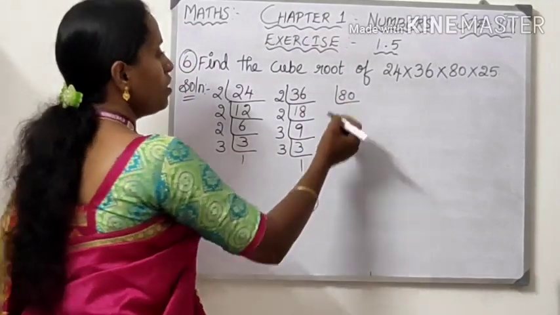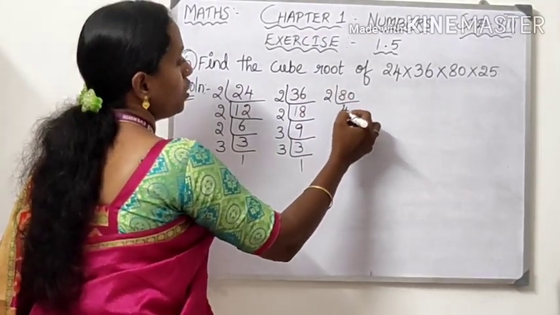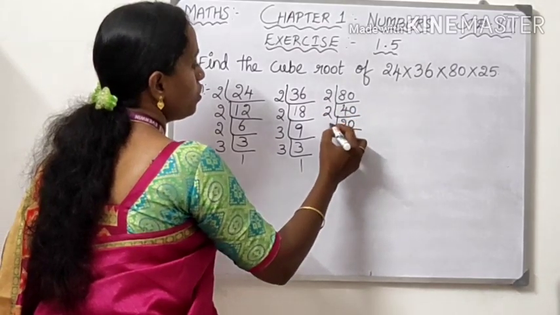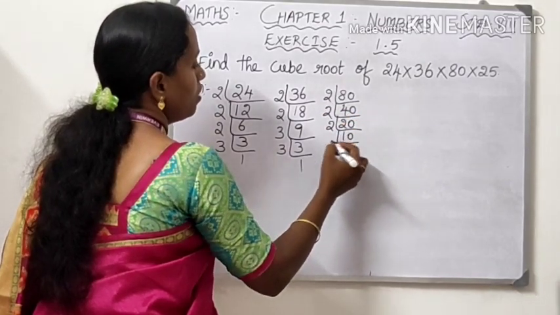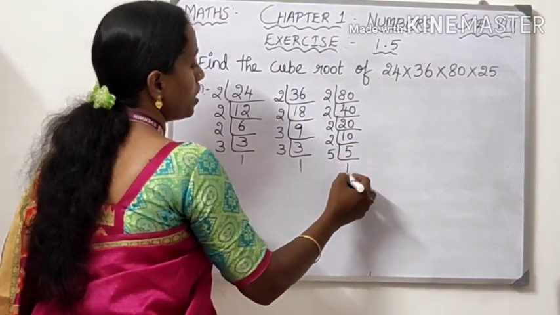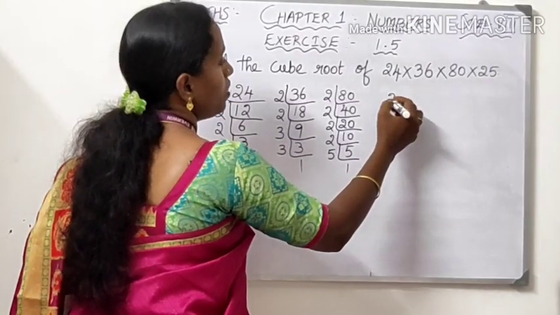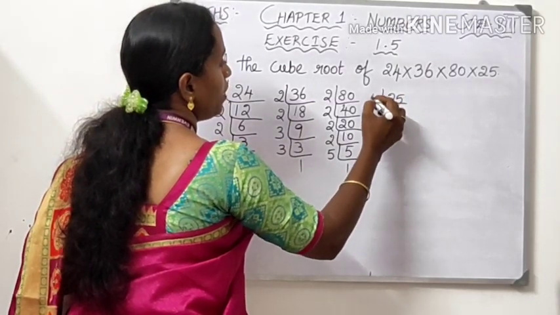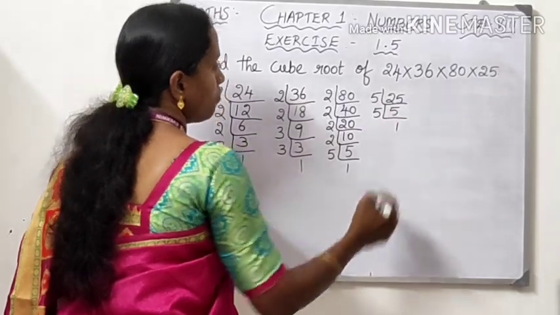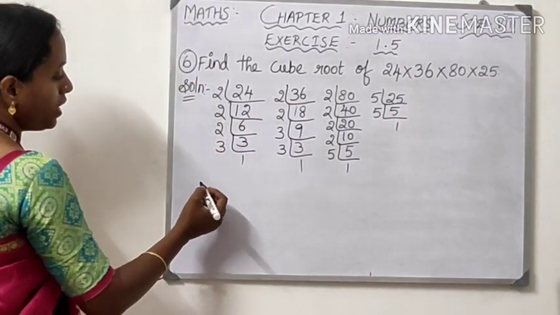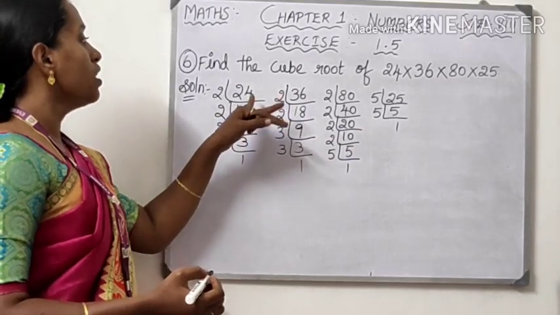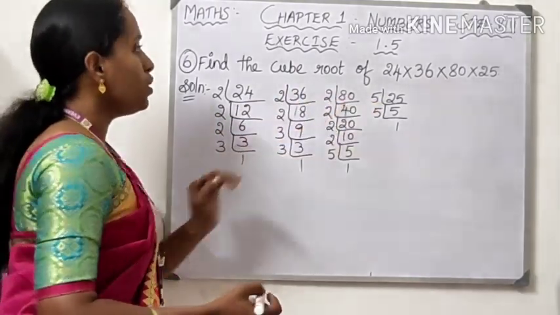So now 80, using the 2 table: 2 40s are 80, then 2 20s, then 2 10s, then 2 5s. Then 25, using the 5 table: 5 5s are 25, then 5 ones are 5. Now let us write the prime factors we have got for all of these: 24, 36, 80 and 25